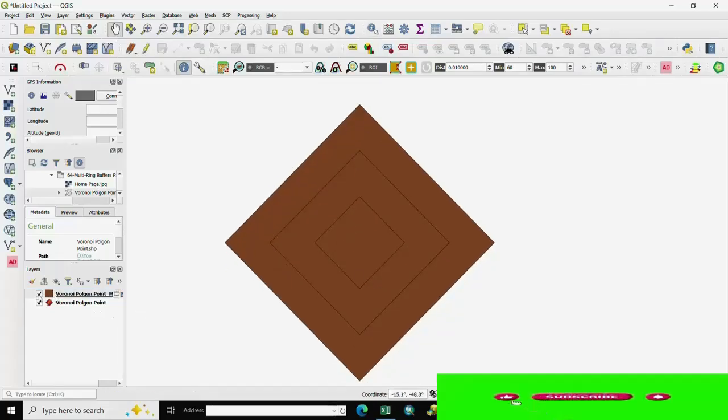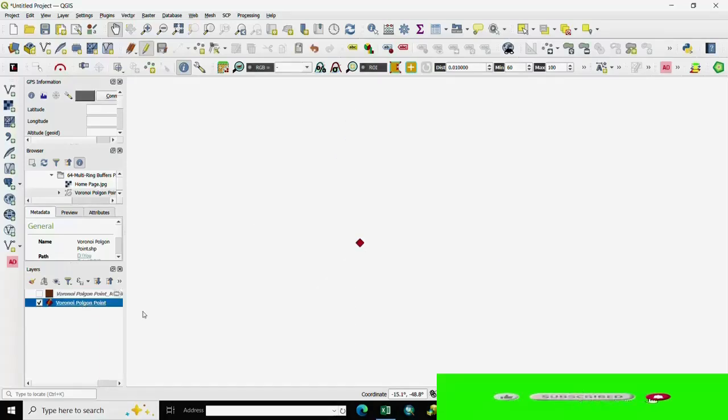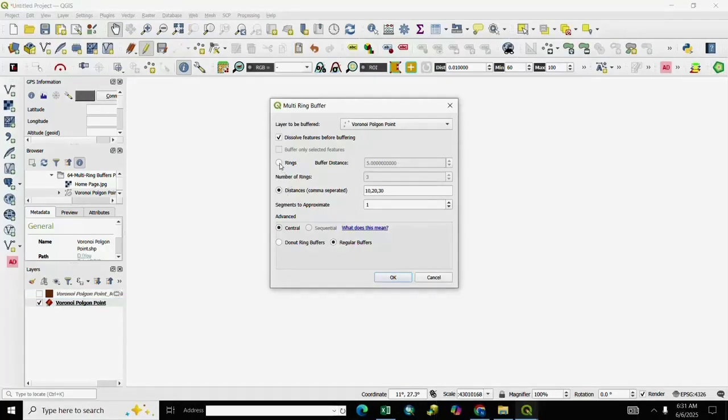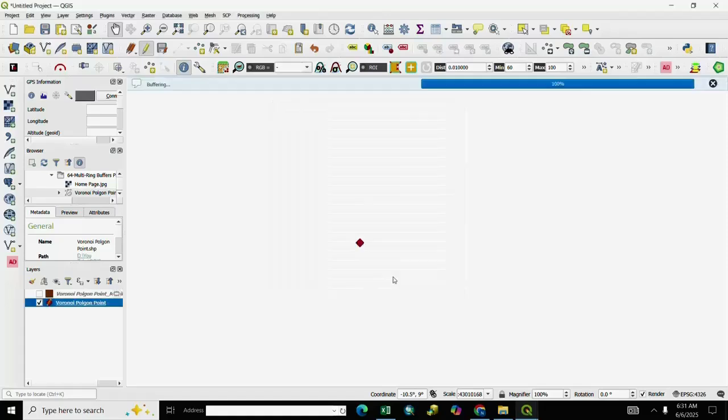and next process, we select point layer, go to buffer, and we select here ring distance 10, 20 and 30, segment 2, then OK.